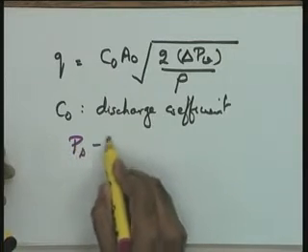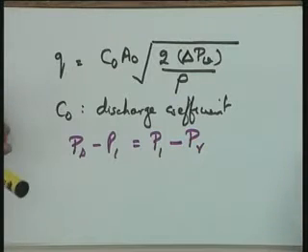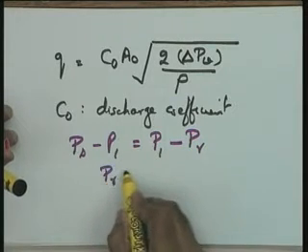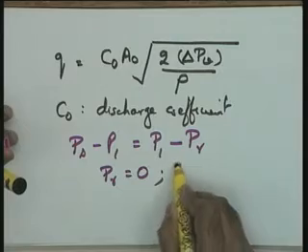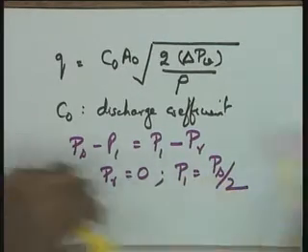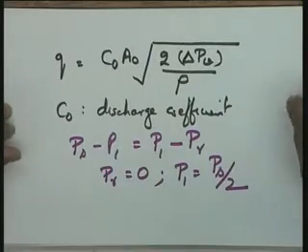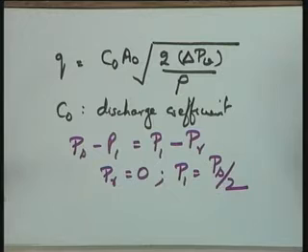And hence for the two flows to be equal, my condition is this, that Ps minus P1 should be equal to P1 minus PR. Having taken PR equal to 0, I get the relationship P1 equal to Ps by 2. And similarly, you can convince yourself that at steady state P2 will be equal to Ps by 2. That is half the supply pressure at the steady state. This is the right hand side and the left hand side chamber pressures.